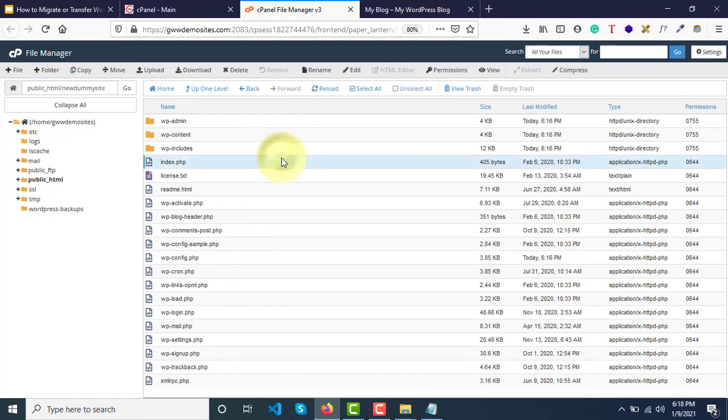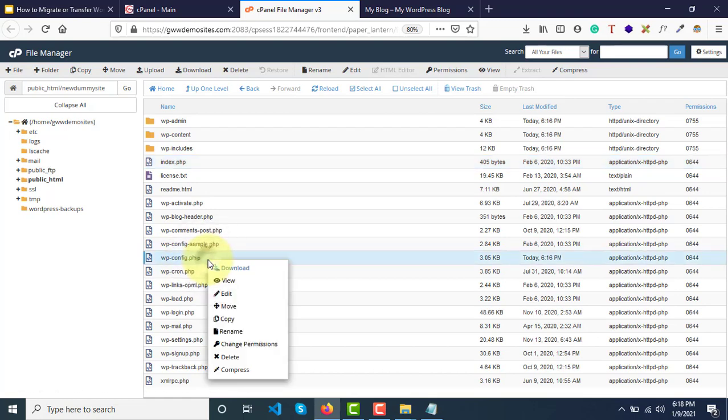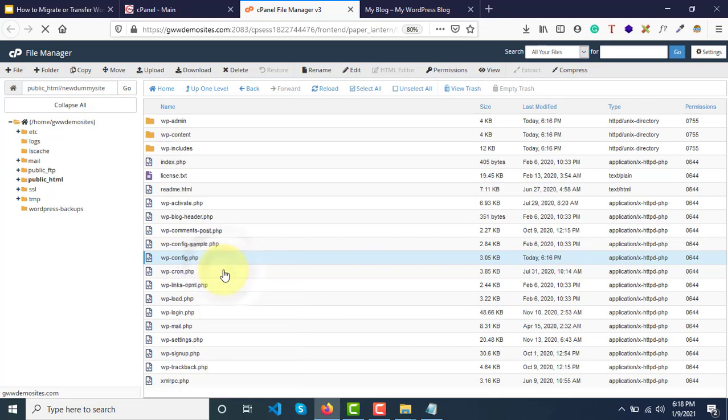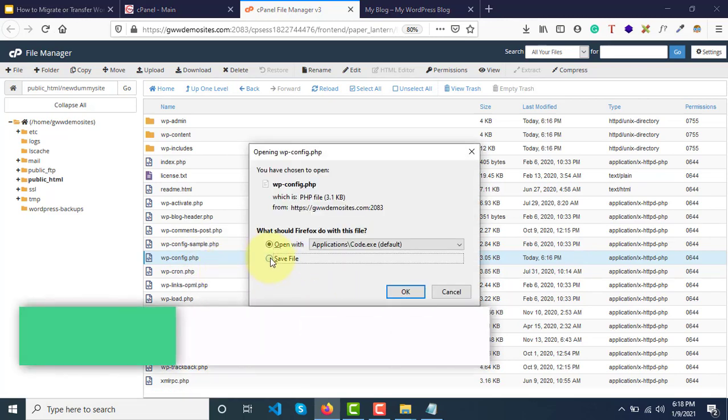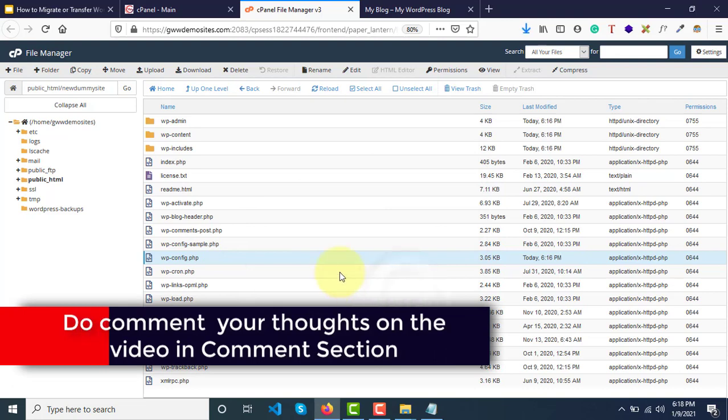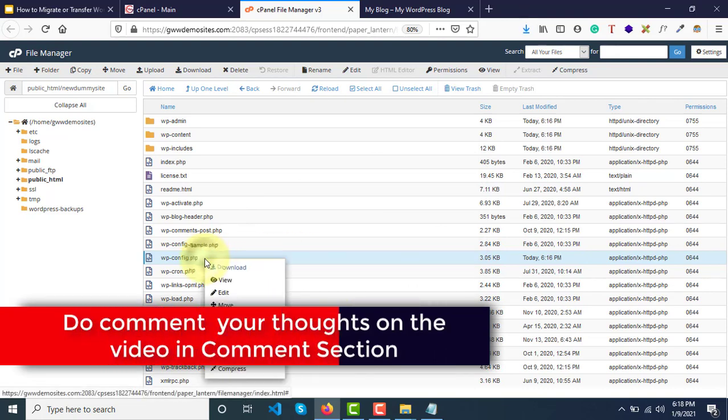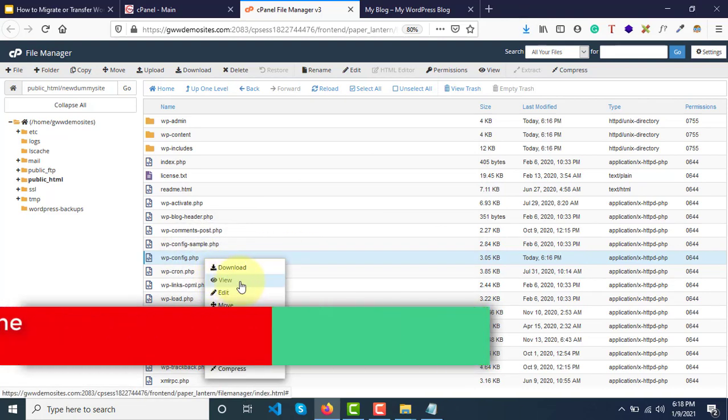Here the only thing that you need is wp-config.php. Click here and download a copy as a backup, and then click on view.